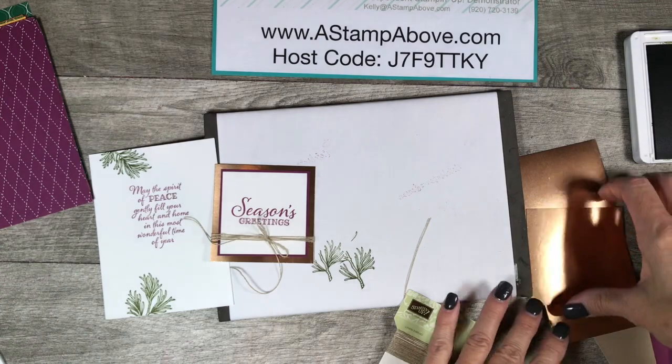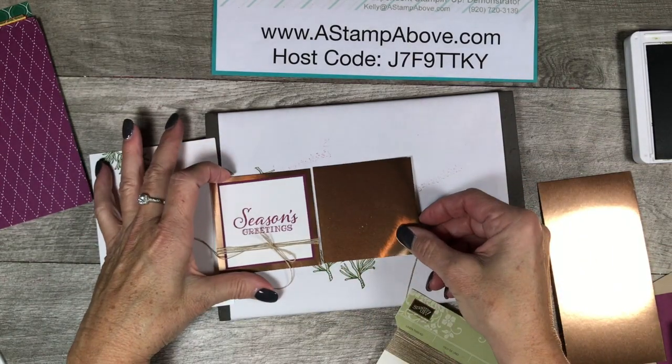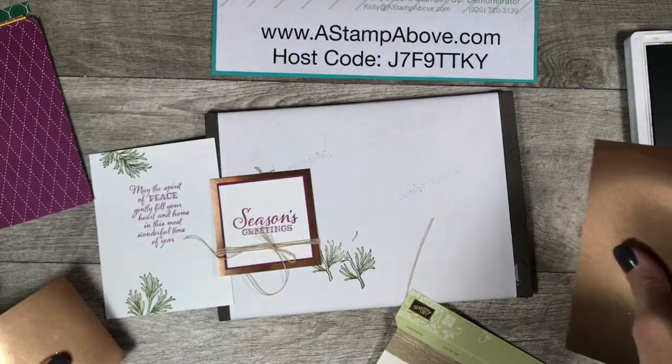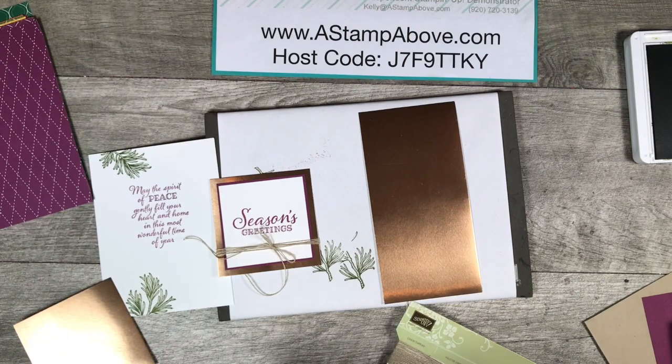Okay, we need to also, now this other piece can be for your other cards. So you need 2 of these, right? Because you're making 2 cards. Now we need to do some die cutting. And I'm going to take,